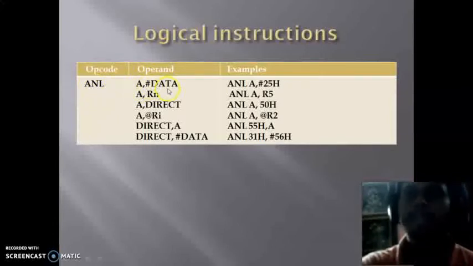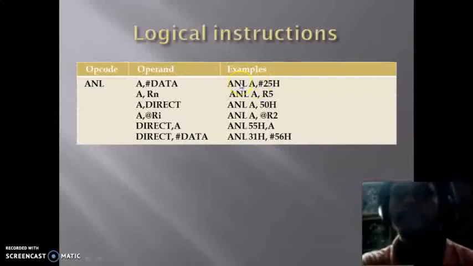It means the AND operation is done between the content of A and the immediate data. For example, ANL A, #25H. Here the AND operation is performed between the content of A and 25H, the result is stored into the accumulator, and we get some effect on the flags.